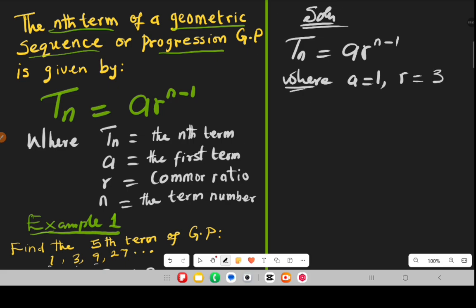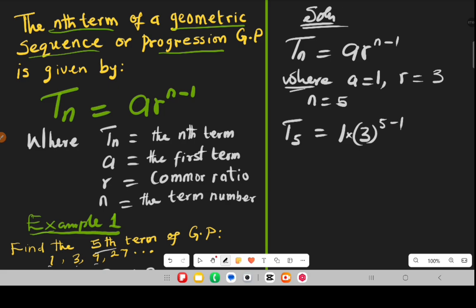Common ratio is different from common difference. In geometric progression, we divide to get the common ratio, and when we multiply, it increases geometrically. So that is the difference between geometric progression and arithmetic progression. Then we continue. n is equal to 5 because we are asked to find the fifth term. If we slot these values into the formula for the nth term, we have T5 equals a, which is 1, times r, which is 3, raised to the power of